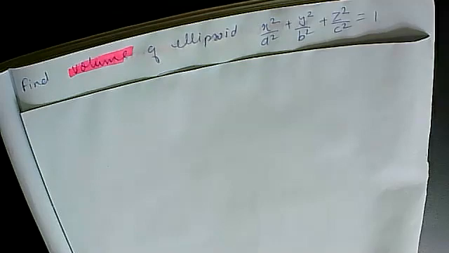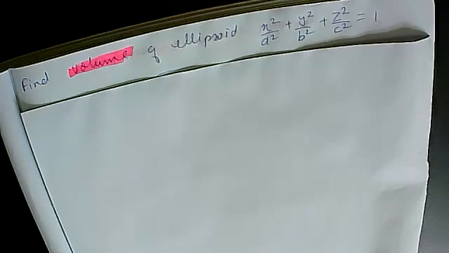Same way, an ellipsoid means a rugby ball. If you imagine we are cutting from the center, then the top part I am making four parts, the bottom four parts, so total there will be eight parts. We are taking one part and writing the limits for that, and the overall integral I will multiply by 8. So the volume of the ellipsoid will be 8 triple integration dx, dy and dz.